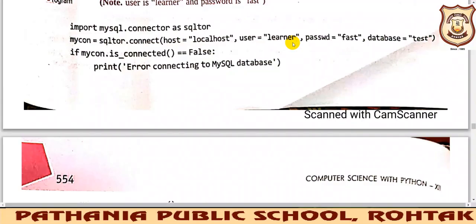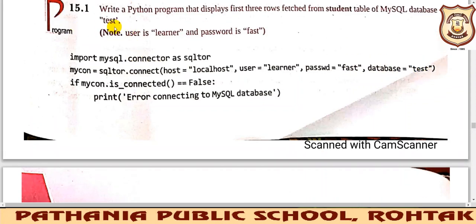What is the name of your user PC, that you need to write. Password you need to write, that helps you to log into your SQL account. And the database in which the table exists. So the database he has already named test, and we know we have a student table existing inside this database. So once this connection has been done, we want to check whether the connection has been done properly or not. For that we will be writing myCon.